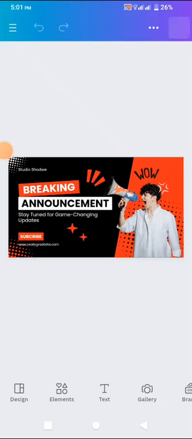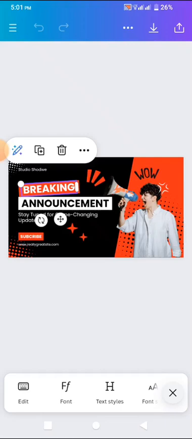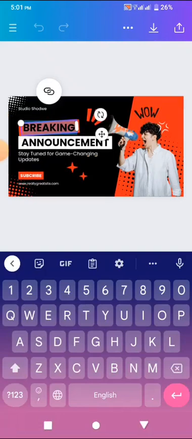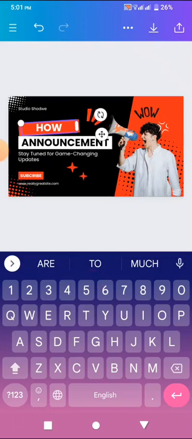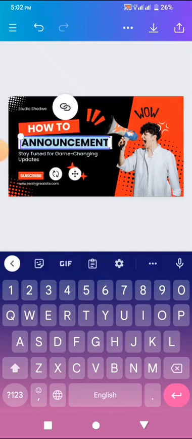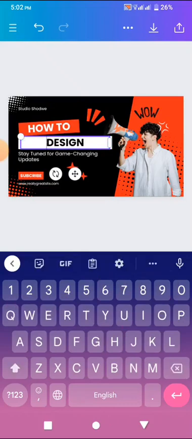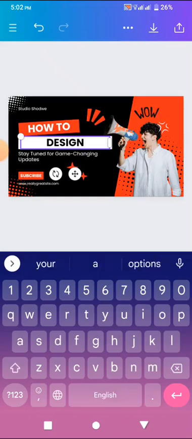Okay, so it has finished loading. Now if you want to edit any of these text, click on it. This breaking, click on it, then you click edit. All right, now you can type what you want to write here, how to. Okay, now you also click on this announcement. All right, how to design a YouTube